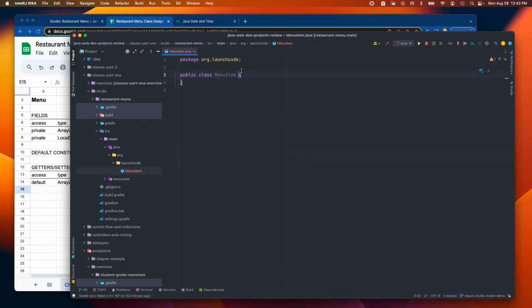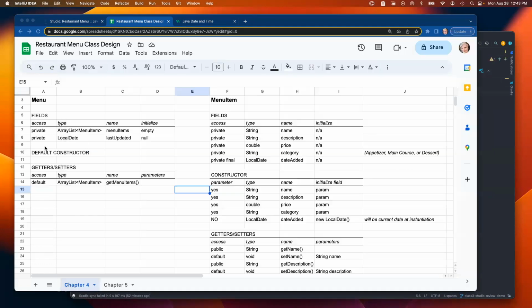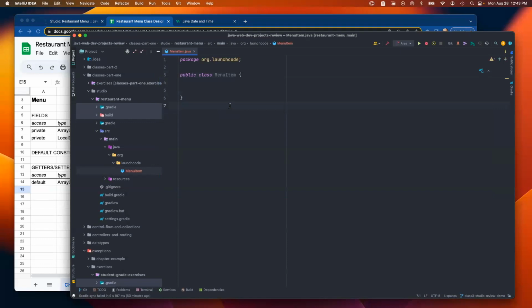So we're in the package org.launchcode. I've got my menu item class, and I want to go ahead and use these fields, get these things declared. I'm not going to initialize any of them at the point of declaration. So just declare them. So we have name, description, price, category, and then the date added. All right, so I'm going to come up in here and say private string name, private string description, private double price, private string category,